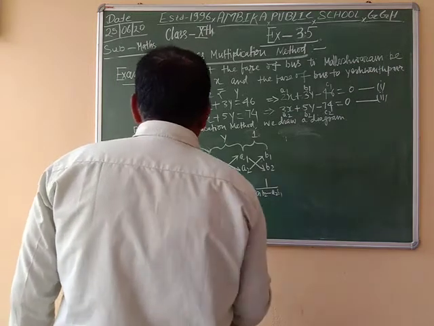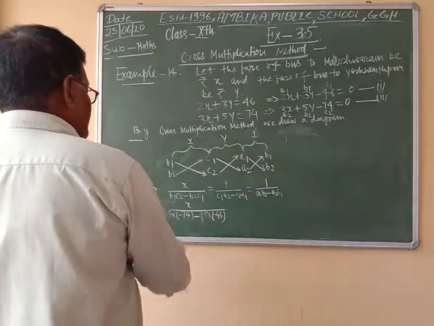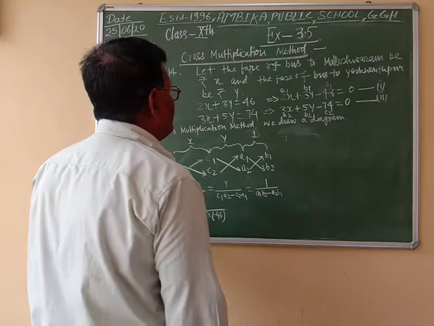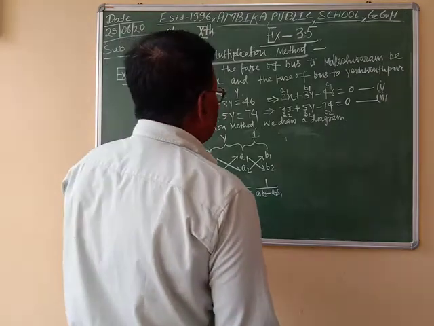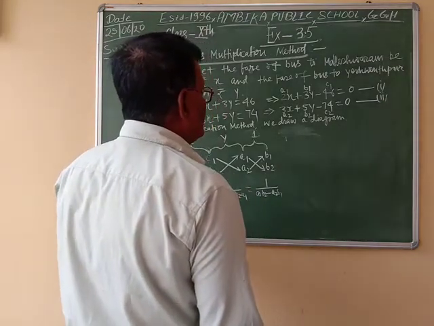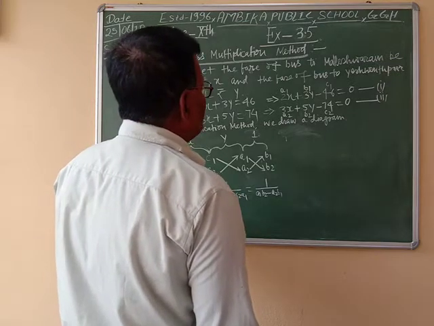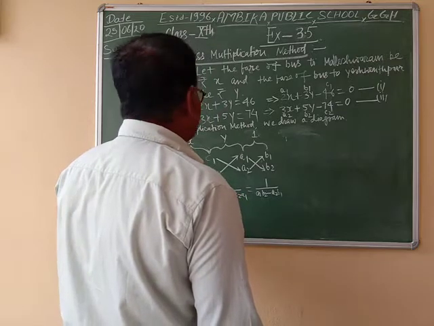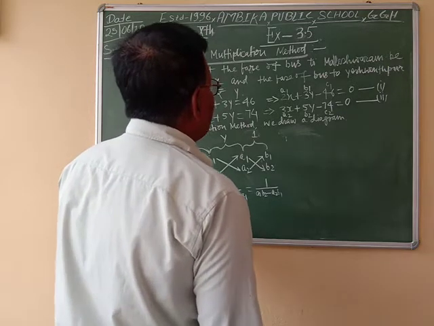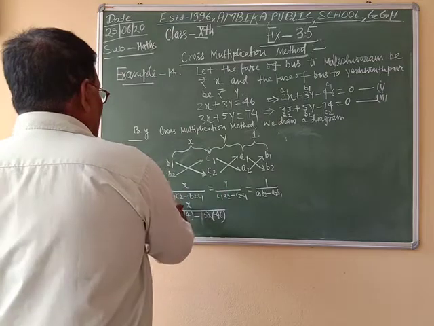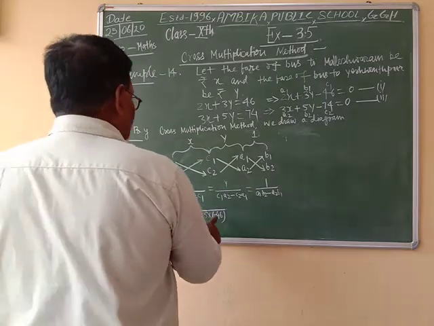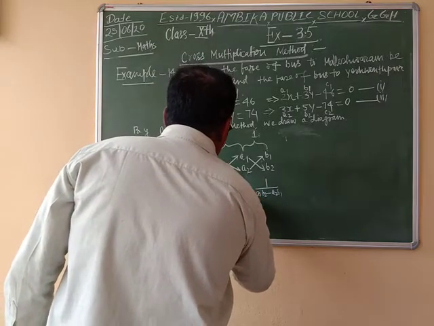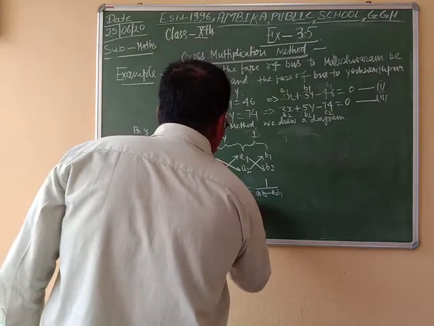We put the value of B1 C2 and B2 C1. Here B1 is equal to the coefficient of y in equation 1 and C2 is equal to the constant term of equation 2, and B2 is equal to the coefficient of y in equation number 2 and C1 is equal to the constant term in equation number 1. So x by B1 C2 minus B2 C1. Now we put the value of C1 A2 and C2 A1.